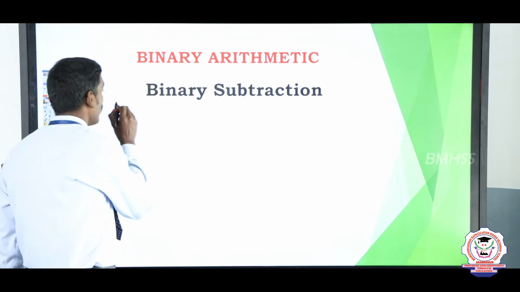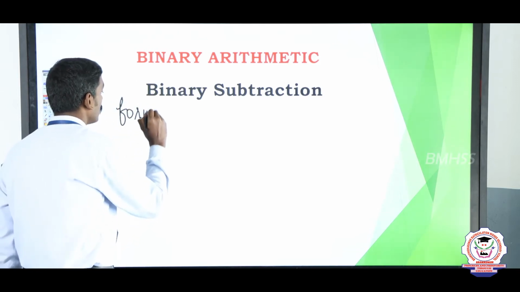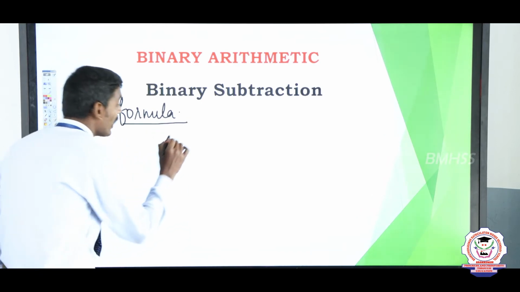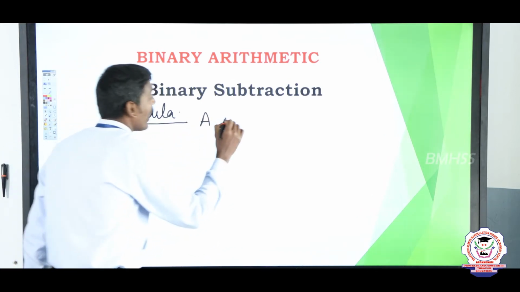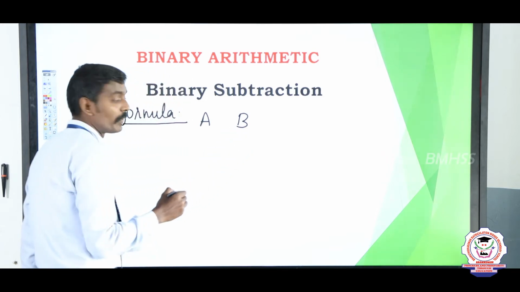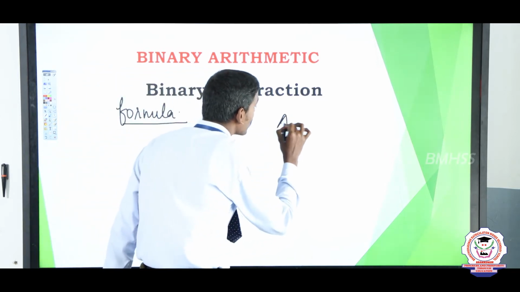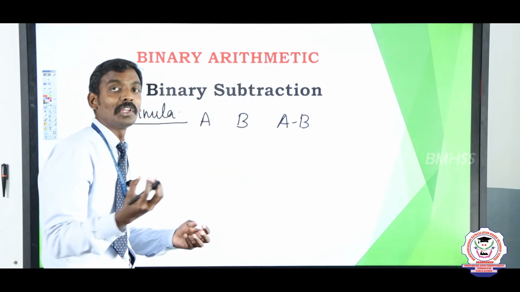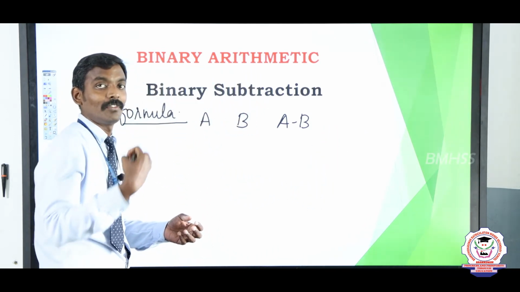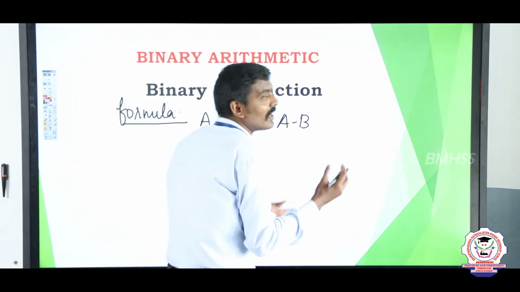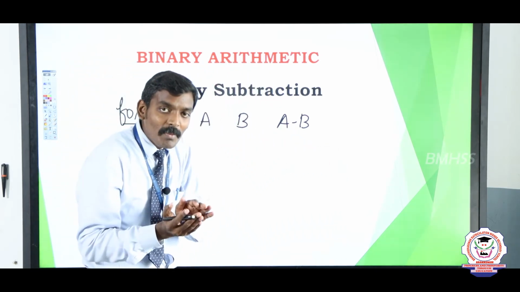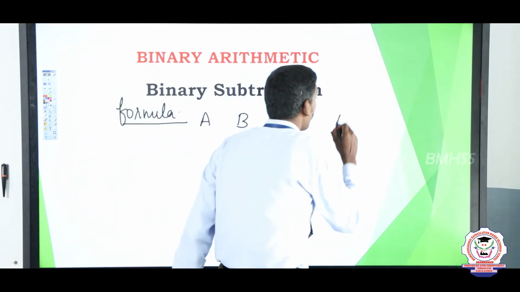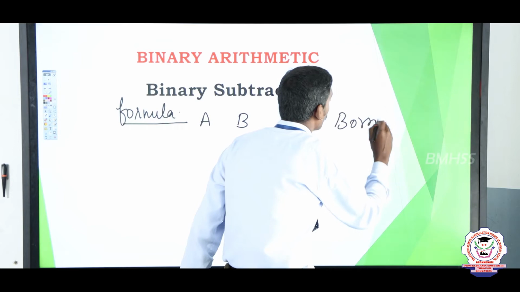Here, let us consider A as input and B as another input. Here you find the difference, that is A minus B, and suppose you have a smaller amount, you can borrow from others to satisfy your condition. In the same way, if the given number is very small, you can borrow from the nearest number. That is called the borrow bit, not a carry bit, borrow bit.